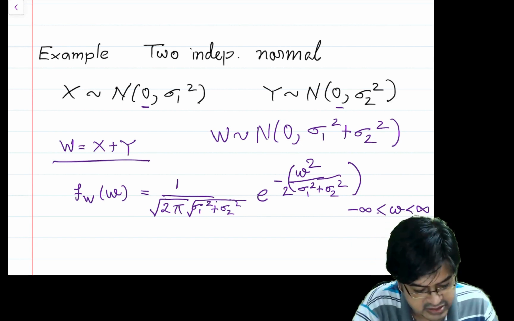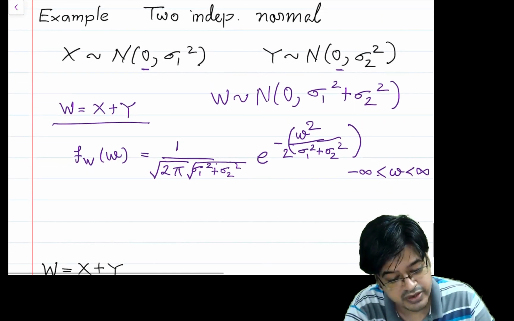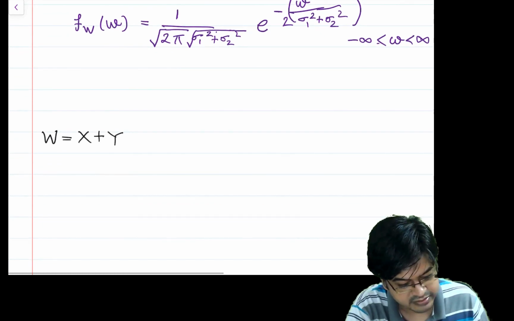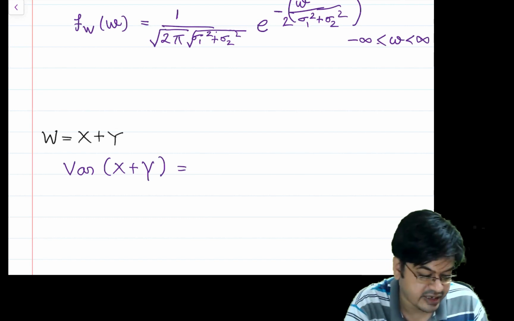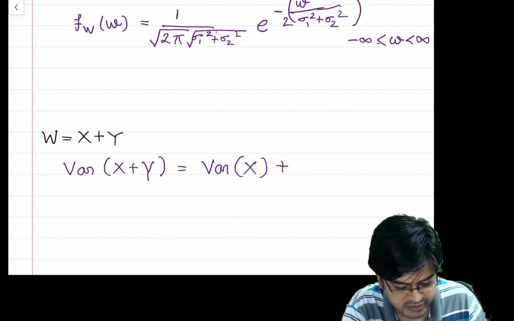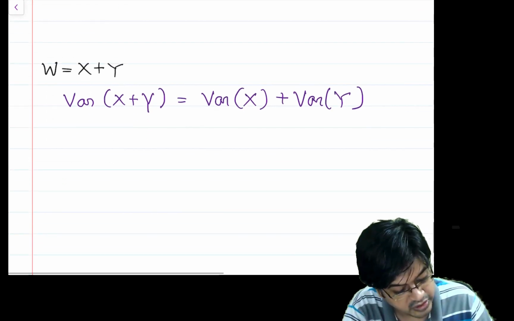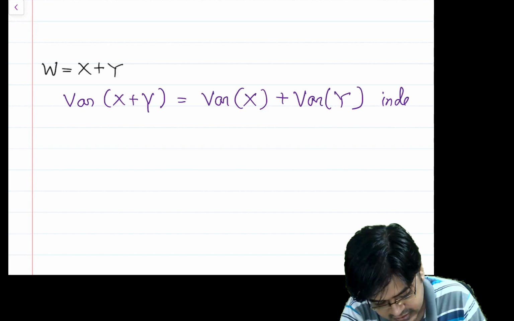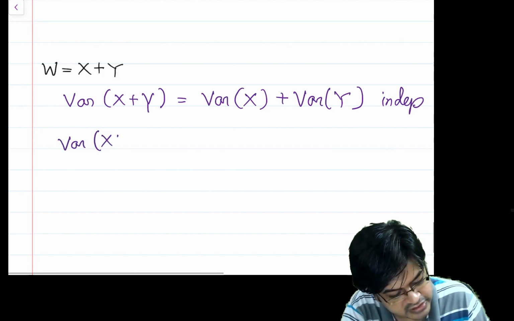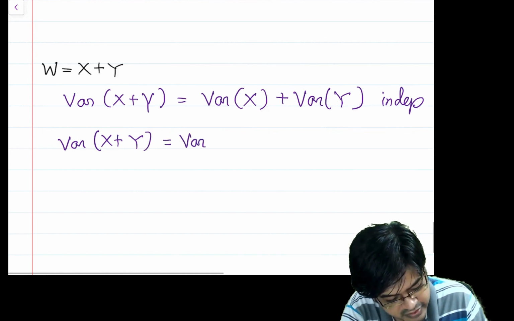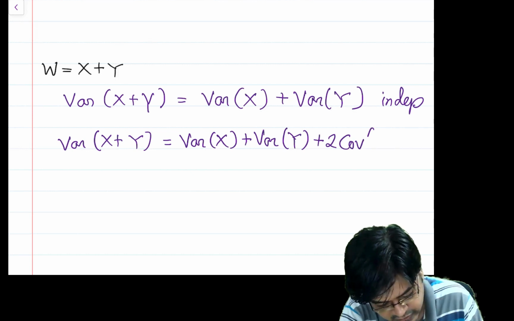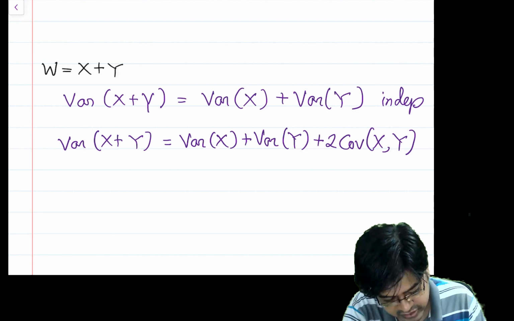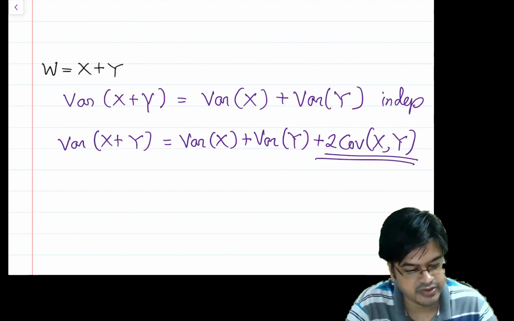Now if you recollect our calculations on variance for discrete random variables, when I considered random variables of the form X plus Y and computed the variance of X plus Y, I derived a formula which says if X and Y are independent, this is equal to variance of X plus variance of Y. If X and Y are not independent, then the variance of X plus Y has an additional term which we called covariance, and this will be plus 2 times covariance of X comma Y. So let us go deep into this term, covariance of X comma Y.